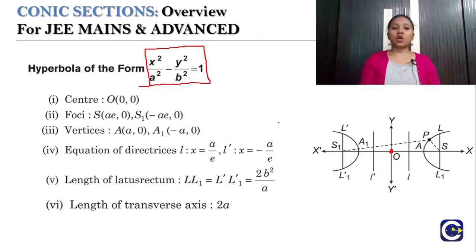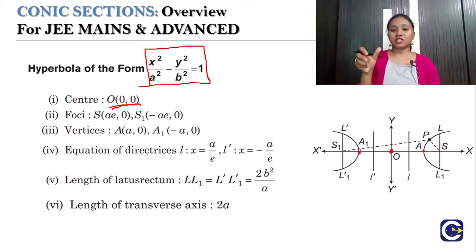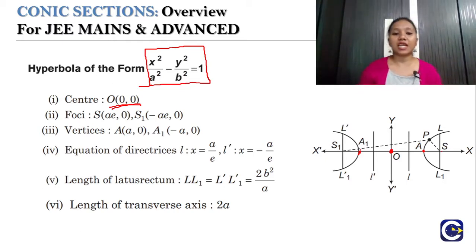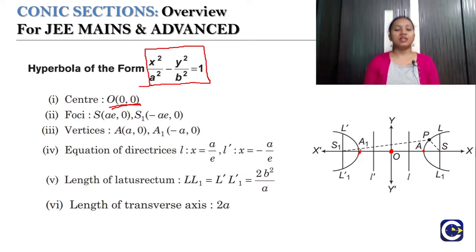As it's the center, what will be the coordinates of the center of the hyperbola? It's the origin with coordinates 0, 0. I am also going to have two foci here, S and S dash, and the coordinates of these foci are AE, 0 and minus AE, 0. Similarly, these will be my vertices. A and A1 will be my two vertices of the hyperbola with the coordinates A, 0 and minus A, 0. If you remember, that is nothing but the length of my transverse axis, which you saw in our previous slide while writing that the difference between the focal lengths is constant, right?